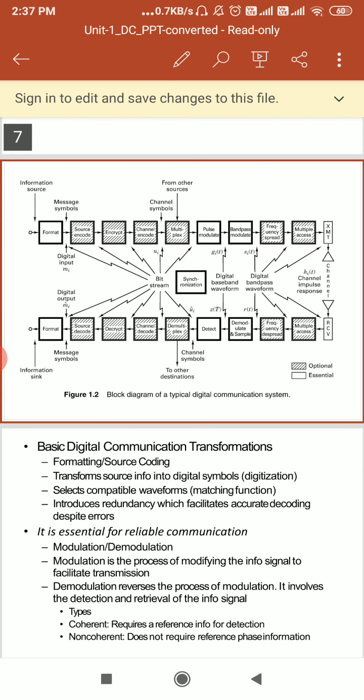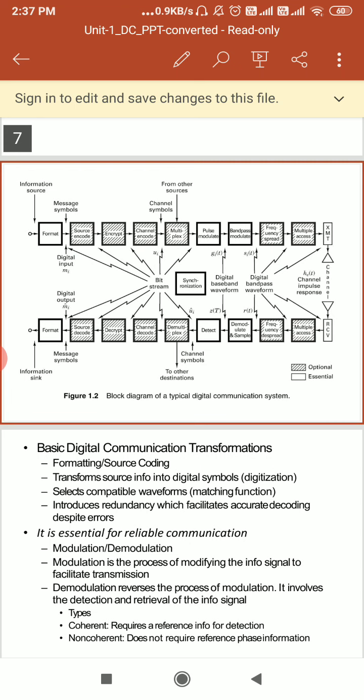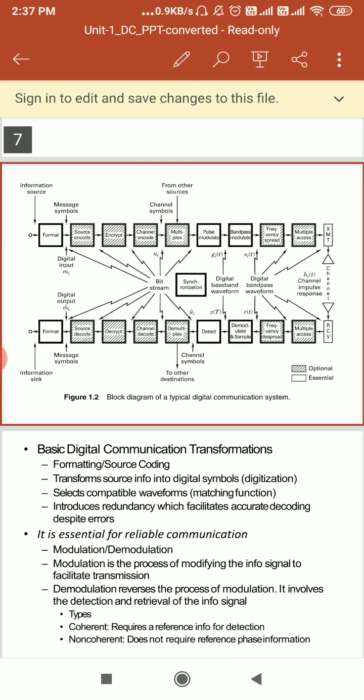We can use any coding format here, because now we have the data in digital format, but we are representing that data using a suitable line coding. We have seen that we can use line coding or block coding, but block coding is exceptional; line coding we use compulsorily. This depends on the transmission bandwidth and transmission power.